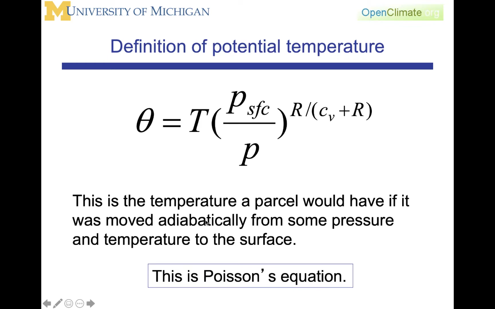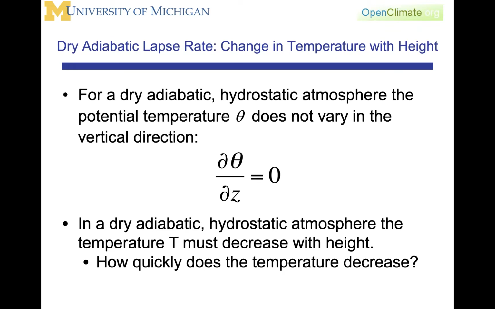That definition goes back to our consideration of the thermodynamic equation. If we move it adiabatically, then we are saying that we have no J term in that equation. So there's no radiation, there's no thermal conductivity, there is no heat coming into or going out of the system. Hence, the changes in temperature are going to be related to the equation of state and the relationship between pressure, density, and temperature. We're now going to consider the atmosphere explicitly to be dry. Hence, we will be talking about the dry adiabatic lapse rate.